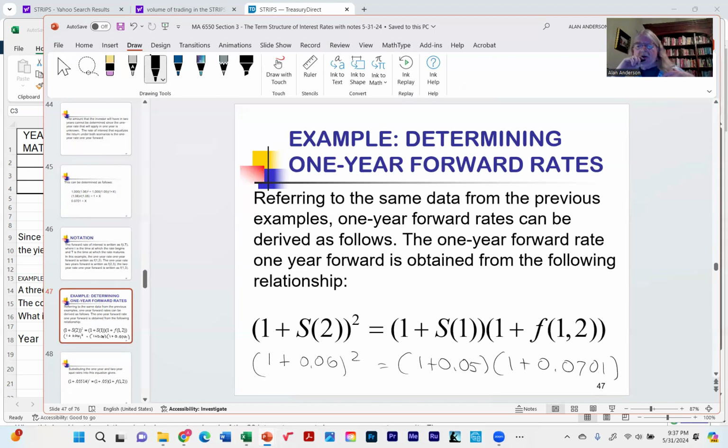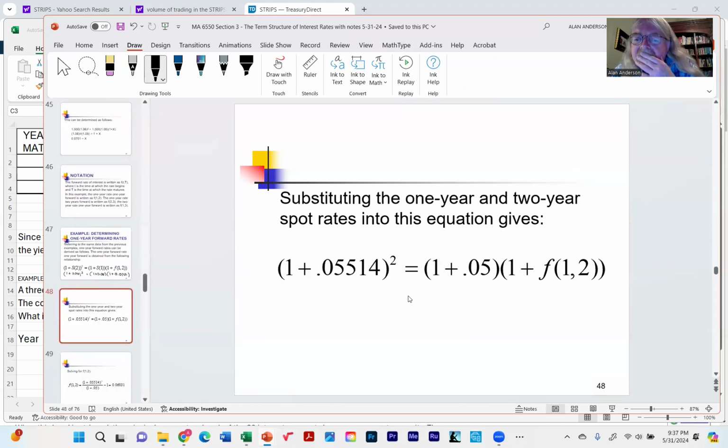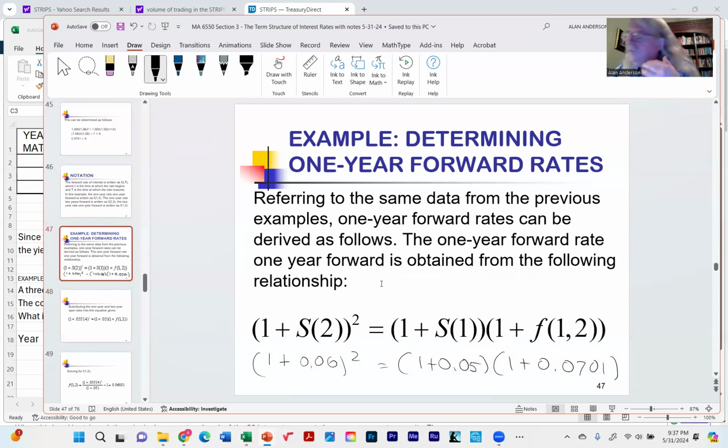Okay, so in general, we can always solve for it. Now, if you rearrange this algebraically, what you'll see is, oh, and by the way, this is the example we were working on earlier. If you rearrange this algebraically, you'll see that